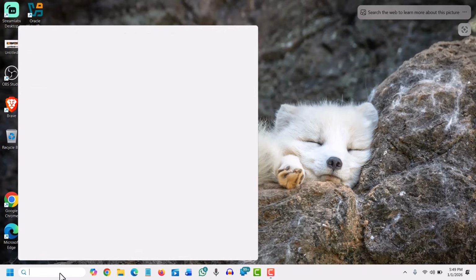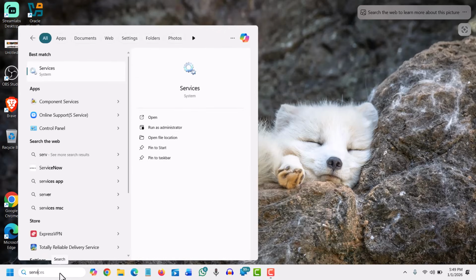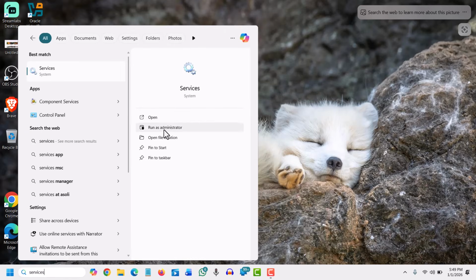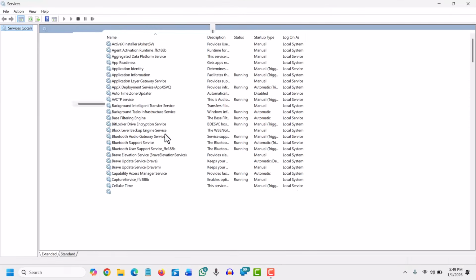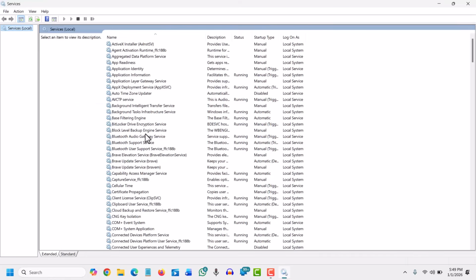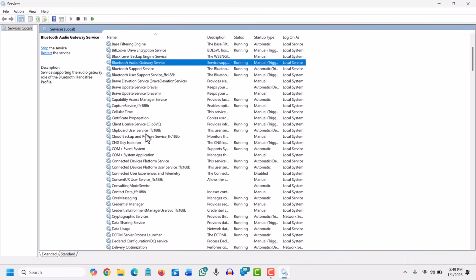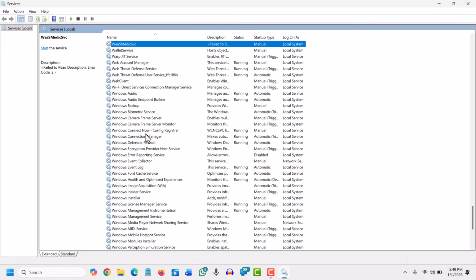So click on the search icon and type services. Once you type the services, run as administrator. And it should look like this. And here we will select any of the files and we will press W and we will look for Windows